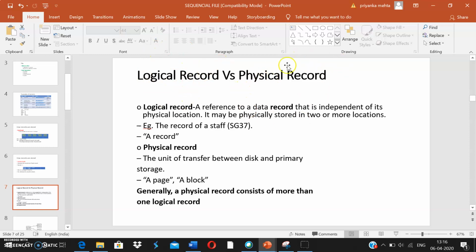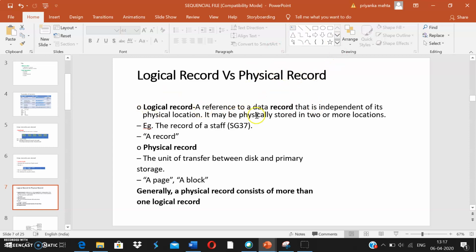One is logical record and one is physical record. Physical records are actual records which are stored in secondary storage devices, whereas logical records are just the reference to the actual physical location. If you can see, the actual physical records are very big, right? So we cannot store the entire records in the main memory. So we have certain logical mappings, and through logical mapping, we can reach the actual physical records.